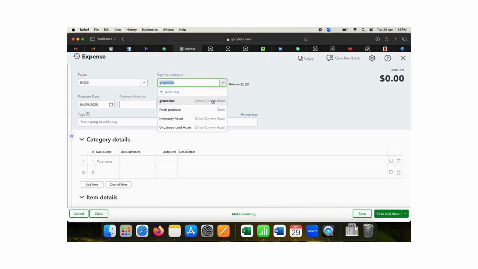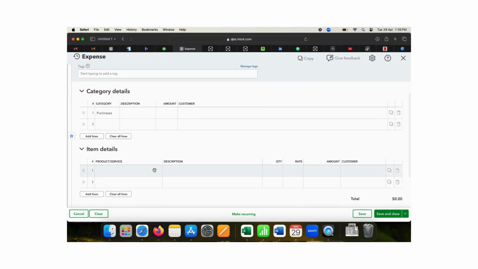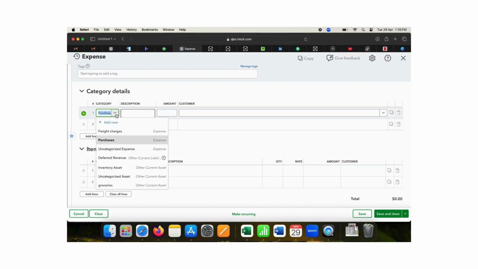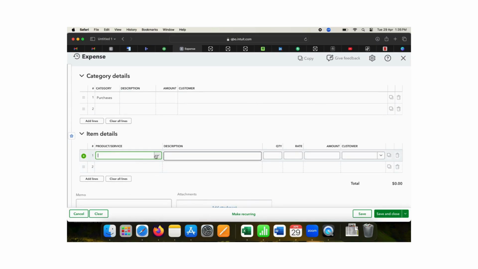Here you have selected groceries, and so there are two types of details. If you are a person who likes to keep each and every detail in your accounts as an accountant, then you should try to use item details. Otherwise, if you like to keep it in summarized form, you can put it here as a purchase, like you have purchased something, and you can just describe groceries or whatever you purchase. But if you like to put everything separately, here you should put it like